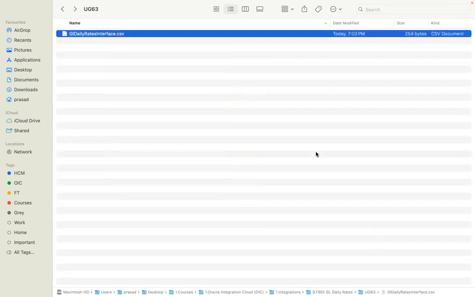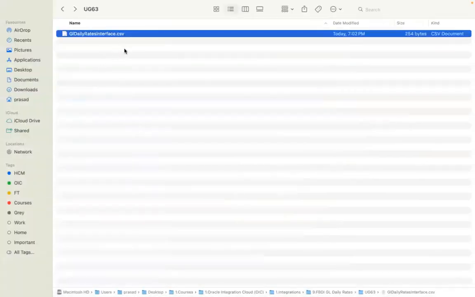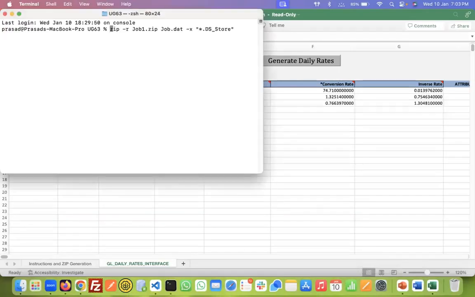So I have to do all of this only because I'm using a Mac, guys. If you're using Windows, plain and simple, populate data, hit this button, you get a zip file already, and you just have to load that. So if you're thinking too many steps, why is Prasad doing all of this? It's only because I'm using a different OS. So I just have to right click here, and say new terminal. And I'm going to run a command here to